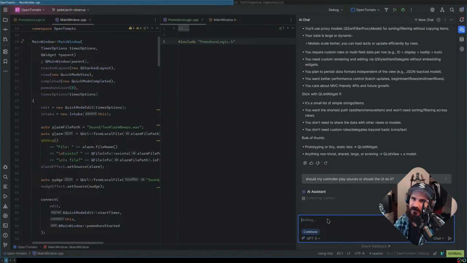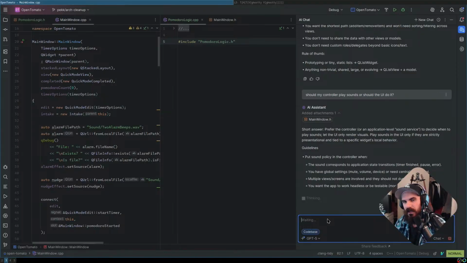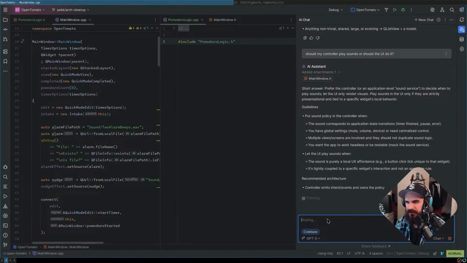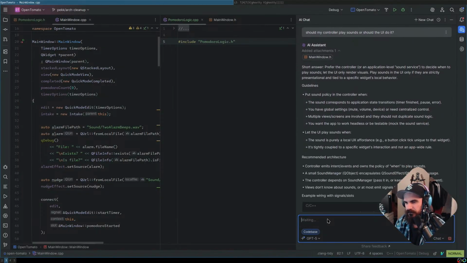I love asking design questions to AI because it'll bring up things that maybe I didn't consider. Basically it does all the Googling for me and then I can make my decision. When you have analysis paralysis, I find this is a good way to rubber duck with a device that sometimes gives you answers.